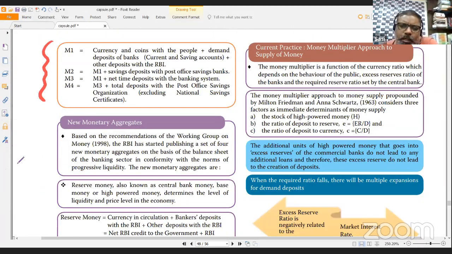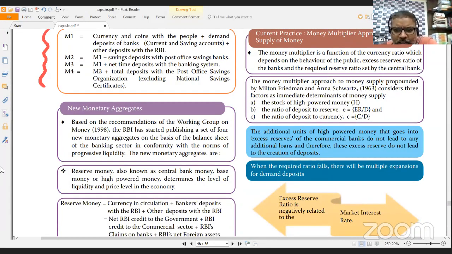So what kind of factors will determine the overall money supply according to this approach? The first is the stock of high-powered money, which is nothing but currency published by the RBI. So this will tell the psychology of the RBI. If RBI wants to make some decisions that will have an impact on the overall money supply, then there is the ratio of deposit to reserves, when the banks want to keep certain deposits here,